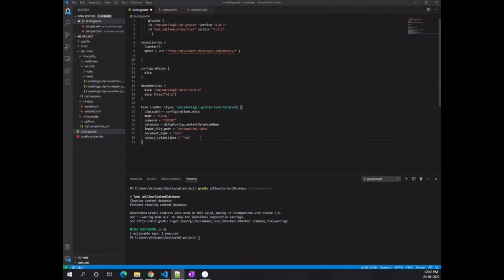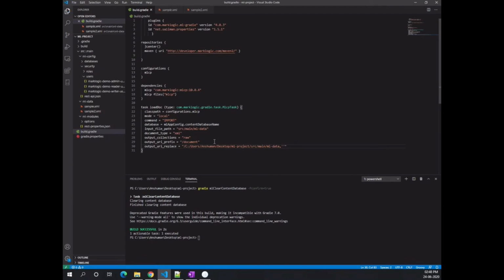I'll add a prefix of document to the URI which we are loading, replacing the default URI string created when you load data through MLCP. Basically it would be a file system kind of URI by default when you load data into MarkLogic, but this string will do the trick.